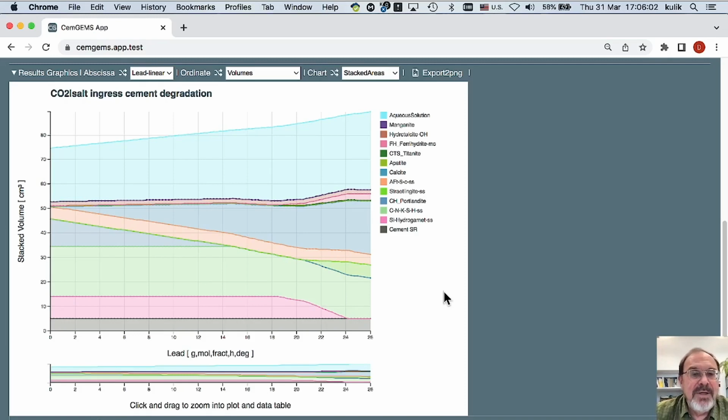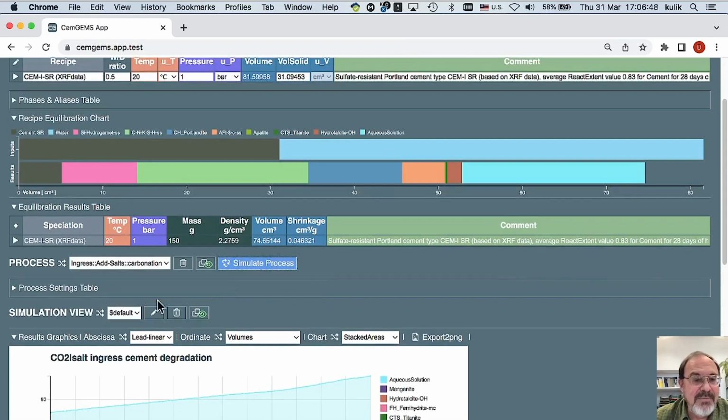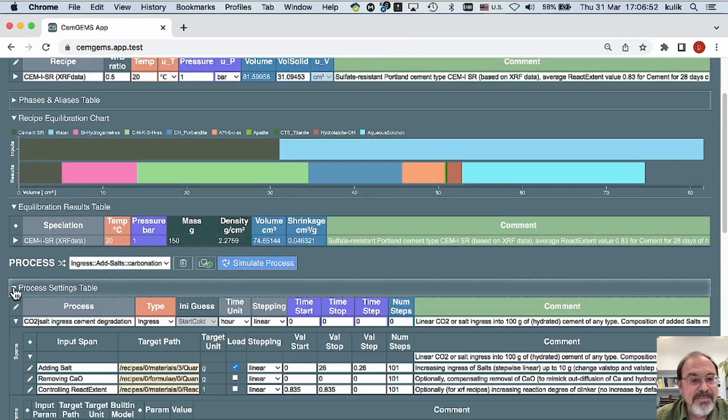We can have a different case, for example, when cement is immersed in water, in lake water, or river water, or even sea water, because in that case there will be indiffusion of CO2 into cement and out diffusion of some cations that are present in cement in much higher concentration than in water. First of all, calcium ions. So we can simulate this calcium output, so to say, or removal in a qualitative way without considering any reactive transport diffusion model